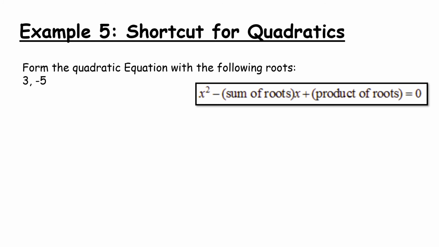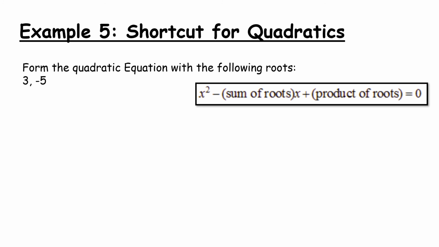It is not something that I would suggest you use unless you're really good at learning off your formula. This is not in the log tables. This formula is something you'll need to know off by heart if you want to use it. It is shorter, but trade-off is, yes, you have to learn it. I think it's important for you to see it. If you use the shortcut for factorization or if you use trial and error, this will probably make a bit